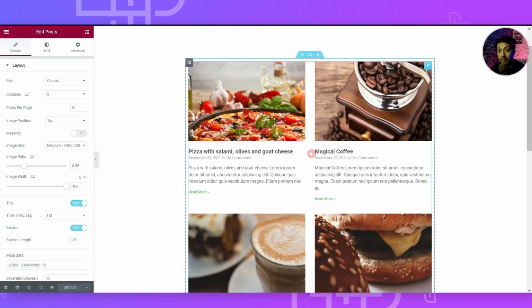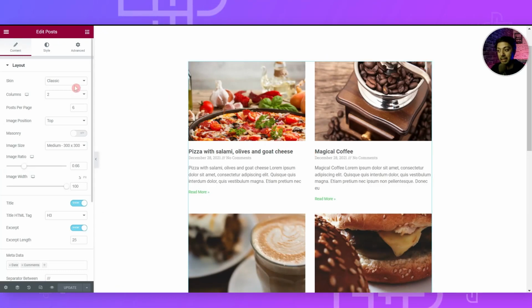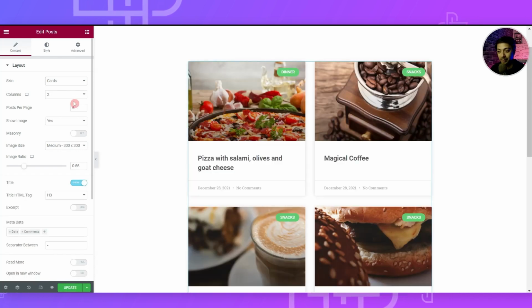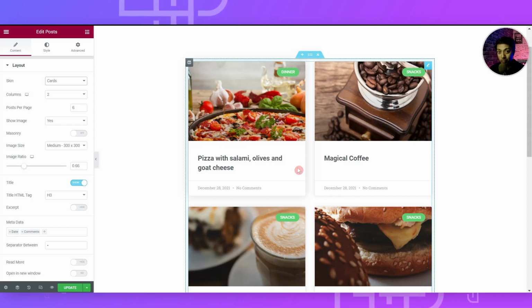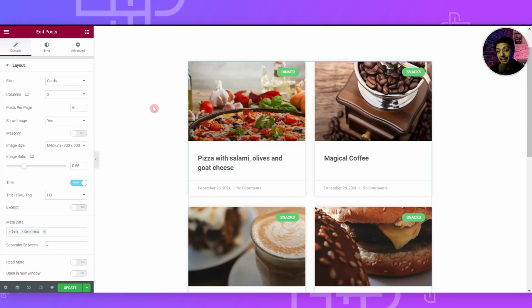Now if you are using Elementor Pro to create your blog archive pages, then you know that we only have two main options. One is using the classic skin or using the cards skin. And both of them are very limited in the features they provide. Along with that, you need Elementor Pro to create this kind of blog archive or blog roll anywhere on your WordPress website. So here, let me show you case number 1,